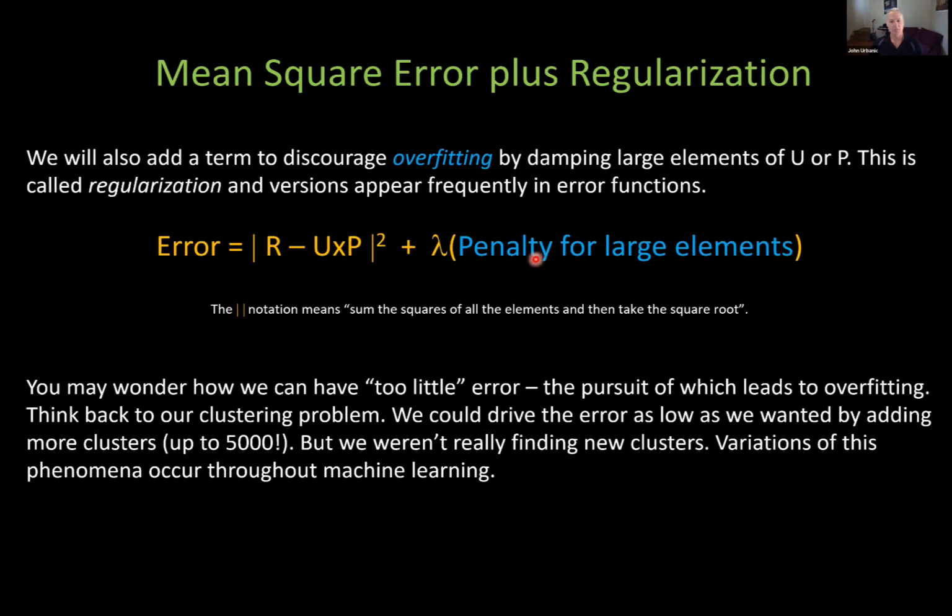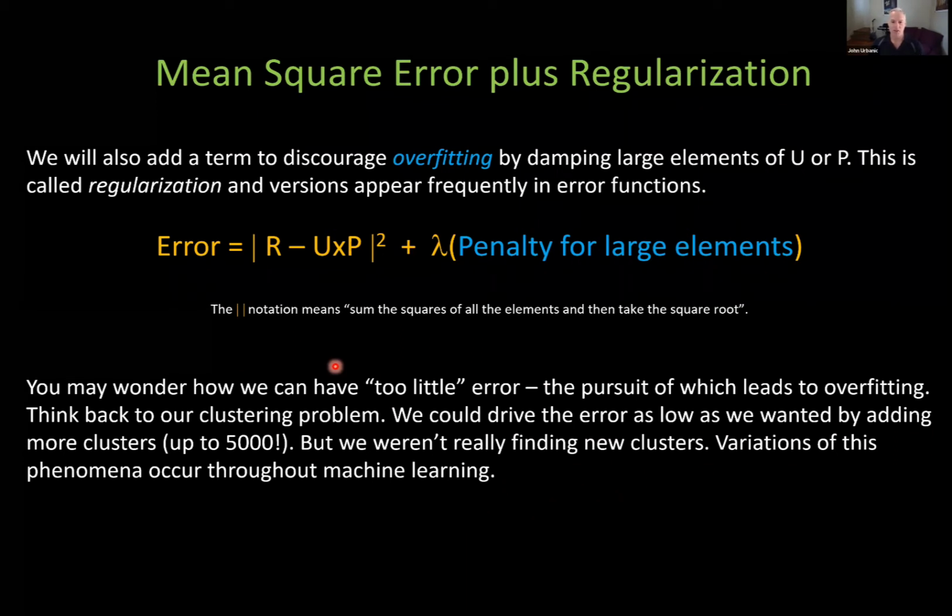And so we want to penalize large elements that are trying to compensate as we get smaller and smaller values of K. So how can we penalize them? Well, let's do the obvious thing. Let's just penalize them by some lambda that we're going to multiply times their size. And so that's what we're going to do. And once again, we're going to come back and discuss how this too-little error can be a problem, but it's the same as clustering yesterday.